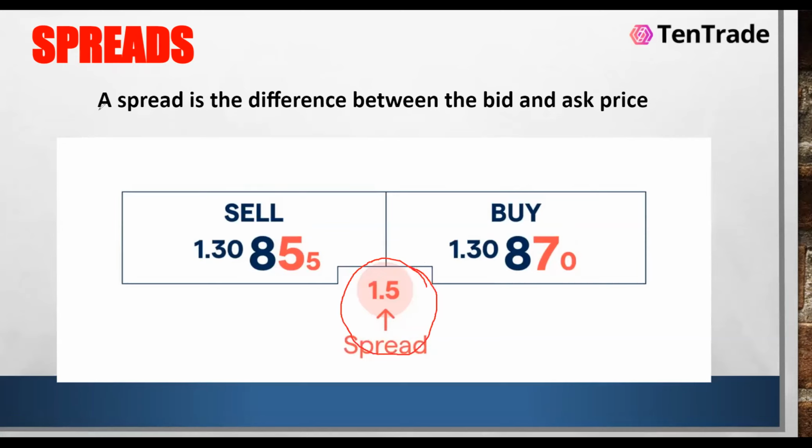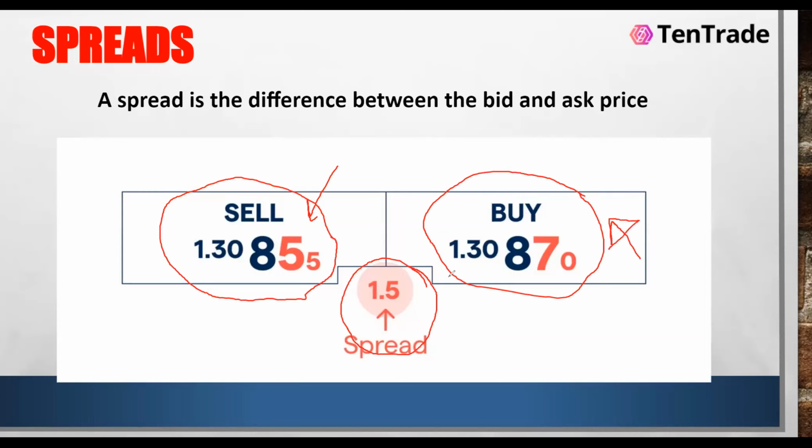Okay, in simple terms, spread is the difference between the bid and the ask price. So if you want to sell a particular currency pair, the broker will put their markup on the quote. They'll take you in at a particular quote. If you want to buy, they'll take you in at a particular quote, all right? And that quote is based off of the spread. So this spread will be the difference between the bid price and the ask price. All right, so this is the broker's commission to put you into a trade, because you must also know